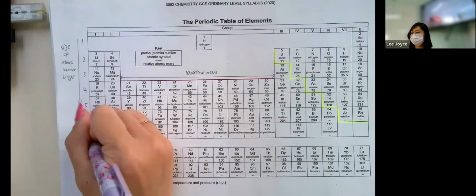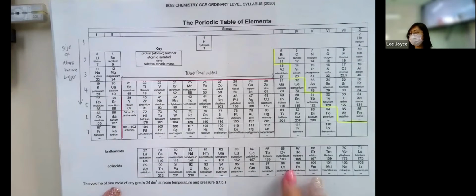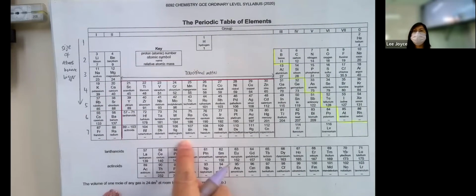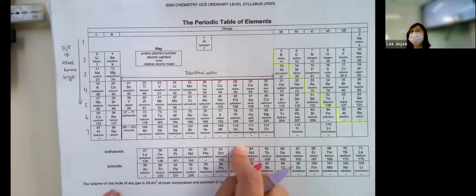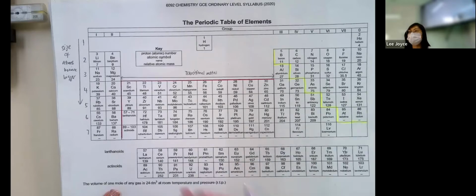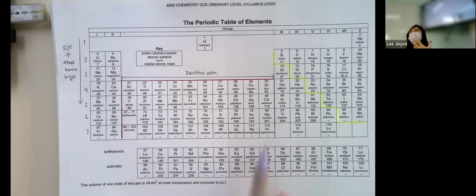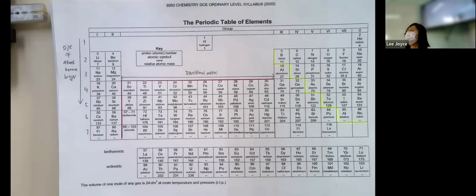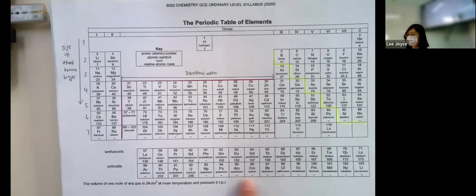And then here, actually all these elements, you see all the dashes here, means that they are still under research. They haven't finalized their physical properties like their proton number or the mass number. And then some of these are not found naturally. They are actually man-made. So they are still in the midst of research, haven't finalized yet. Okay. Then you see there are even more. You see all these are man-made. They are all named after the scientists. The one at the bottom here,